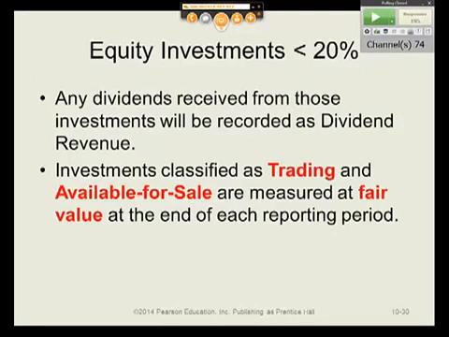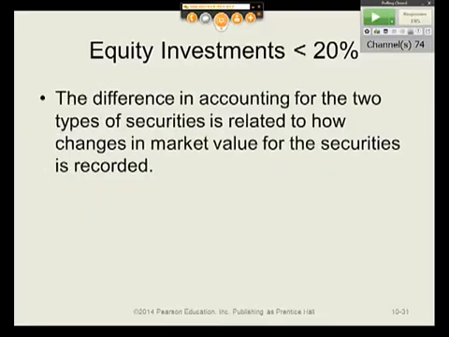Now, we're going to find out that, of course, you get dividend revenue and, of course, capital gains. But the key is that trading and available for sale can be measured at fair value. And one of the things that we said at the beginning of the semester is that there are some exceptions to historical cost, and this is one of them. So investments in trading securities or available for sale securities can be measured at fair value. The changes in fair value will be recognized as gains and losses,